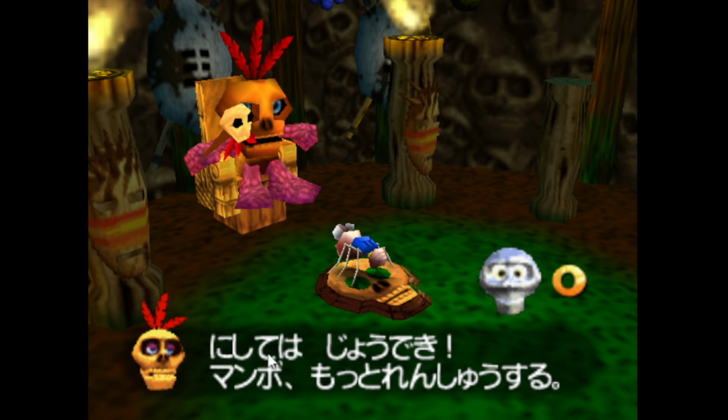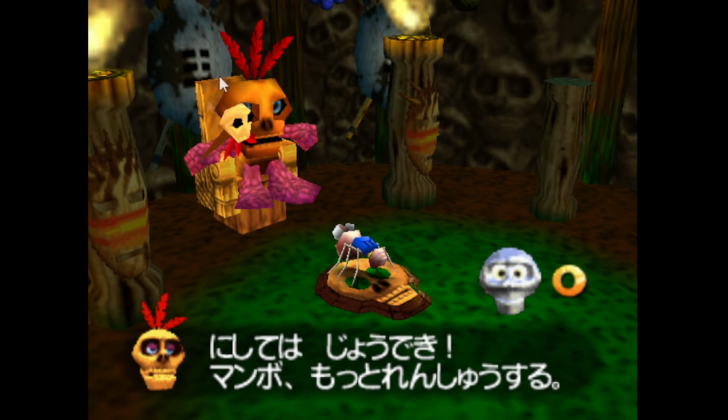And nishite sort of means for or considering whatever. So he said Mambo jumon hajimete nishite wa. So it's like for the first spell of Mumbo's, for a first spell, joudeki. It's like good performance. And then Mumbo, motto renshu suru.